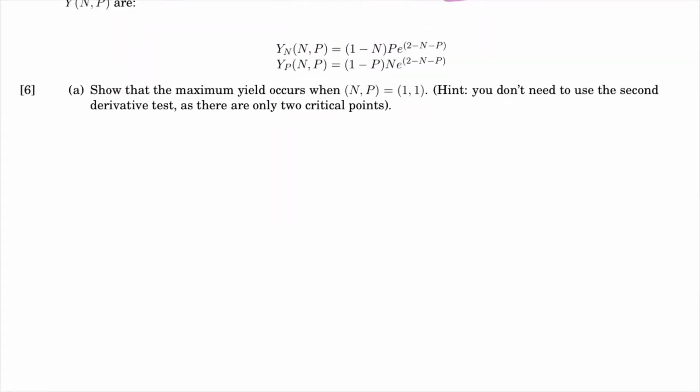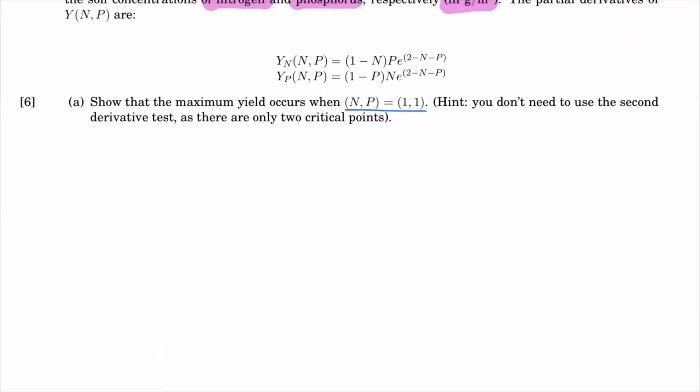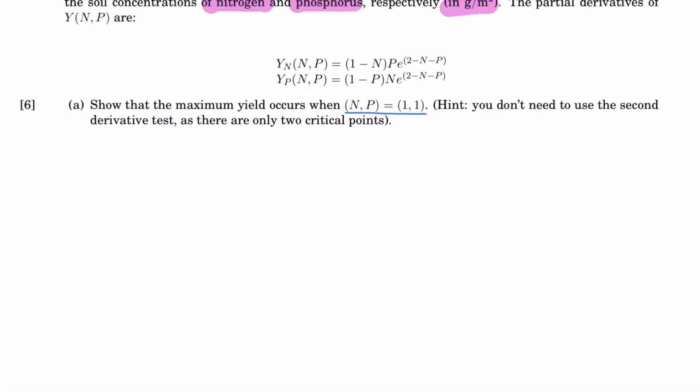And we're first asked to show that the maximum yield occurs when N and P are both equal to 1. We're told that we don't need to use the second derivative test. You could if you want to. I'm not going to go through that here because you don't need to, but there are only 2 critical points here. So the reason we don't need to use the second derivative test is because if we find 2 critical